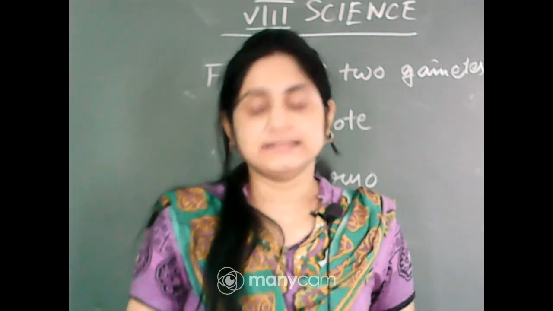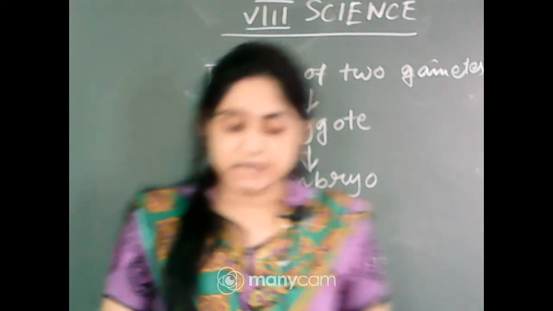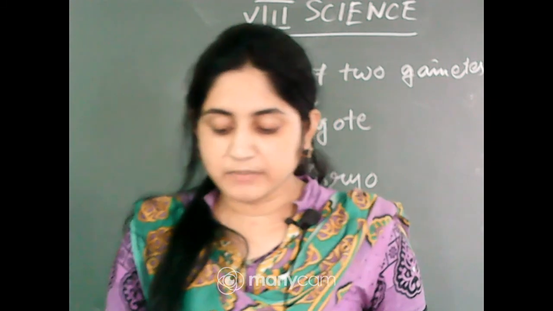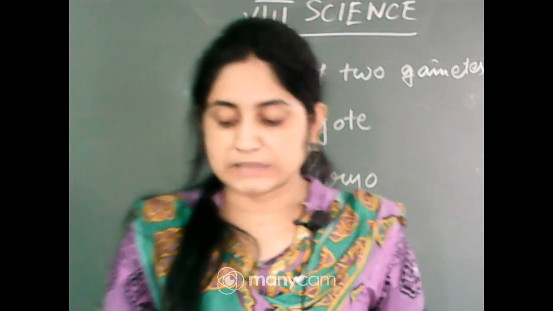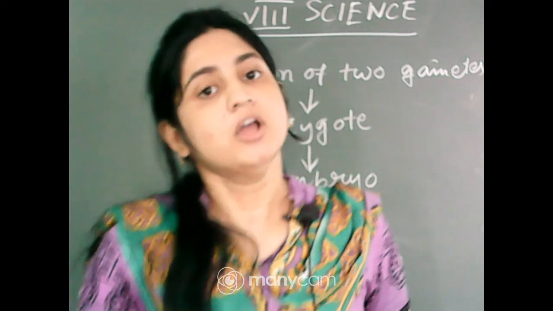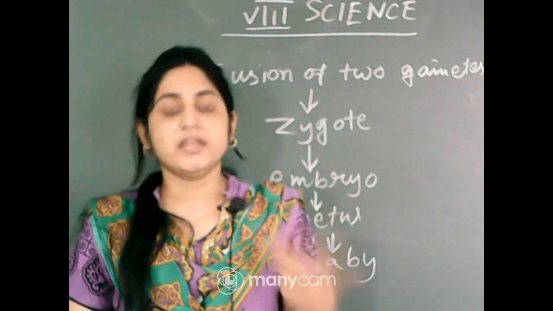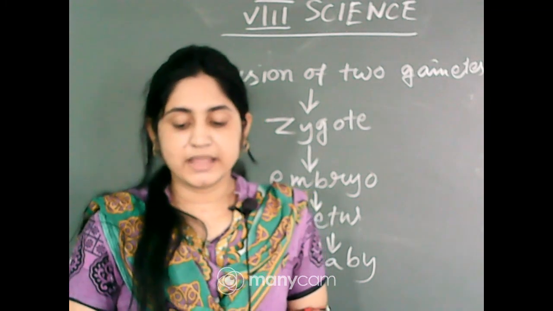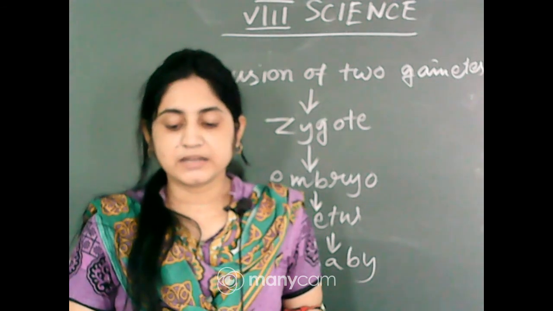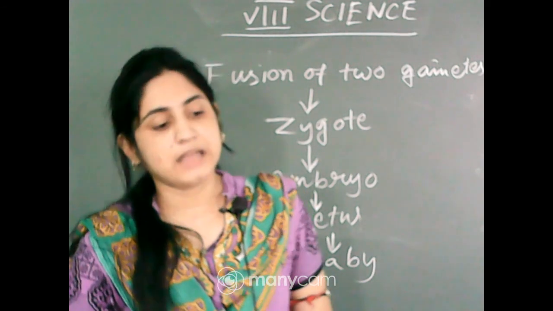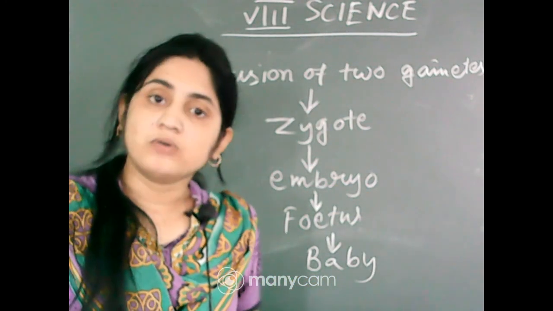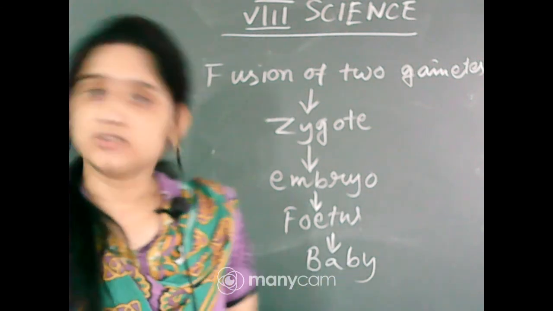Viviparous and oviparous animals. What are viviparous and oviparous animals? We have learned that some animals give birth to young ones, while some animals lay eggs that later develop into young ones. The animals which give birth to young ones are called viviparous animals, and the animals which lay eggs are called oviparous animals. The following activity will help you understand and differentiate between viviparous and oviparous animals. Ovi means ovum, that is egg, so the animals which produce eggs are called oviparous.